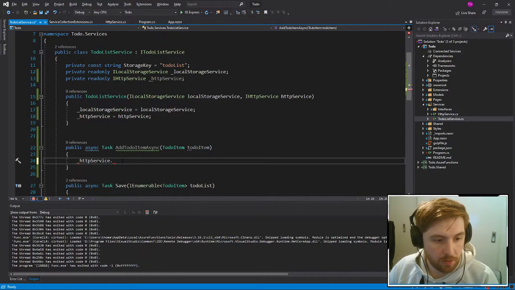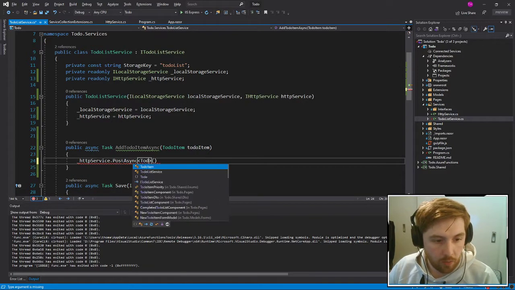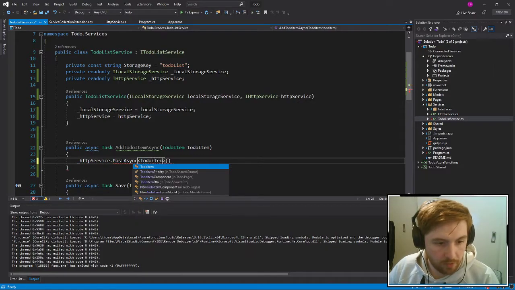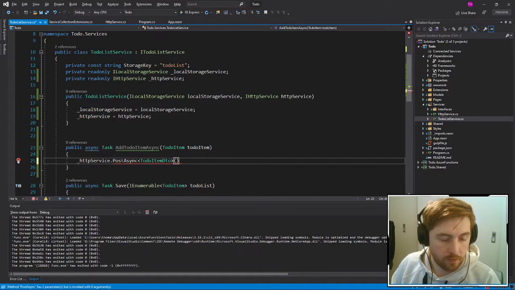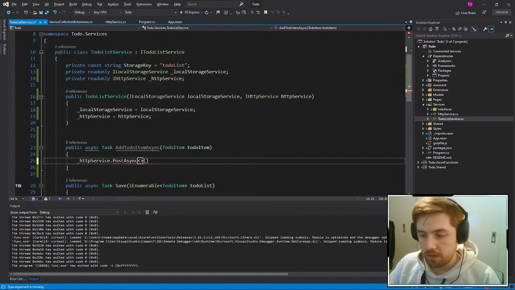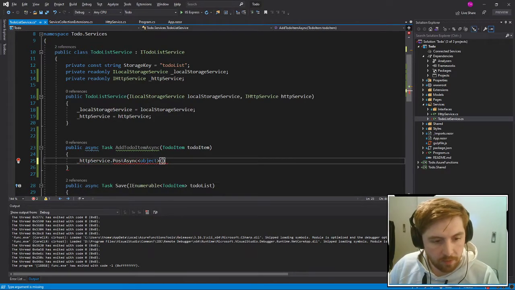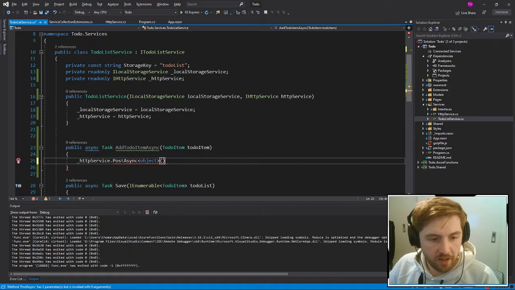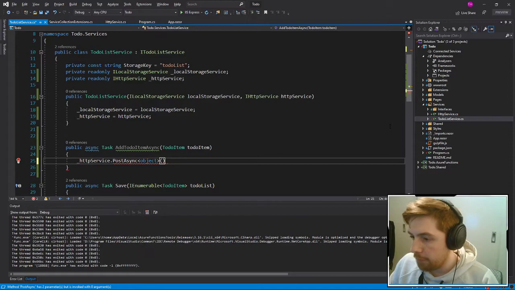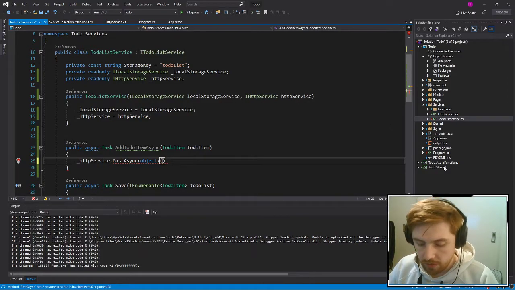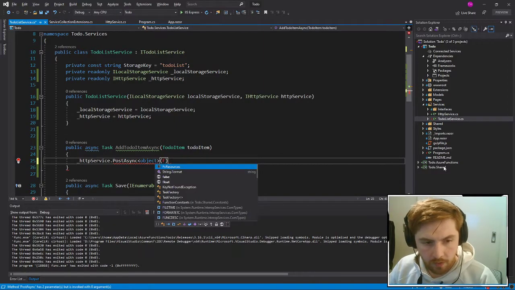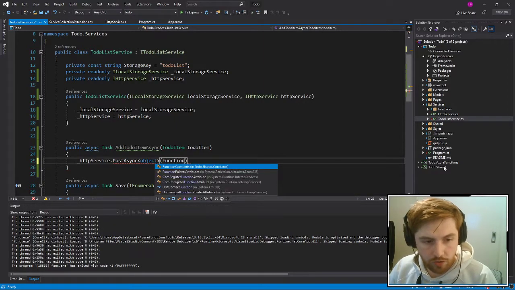HTTP service dot post async, and we're gonna do the to-do item DTO. I don't know yet what this is gonna be, but we added the URL of the function in the constant, so let's call that. So function constants dot